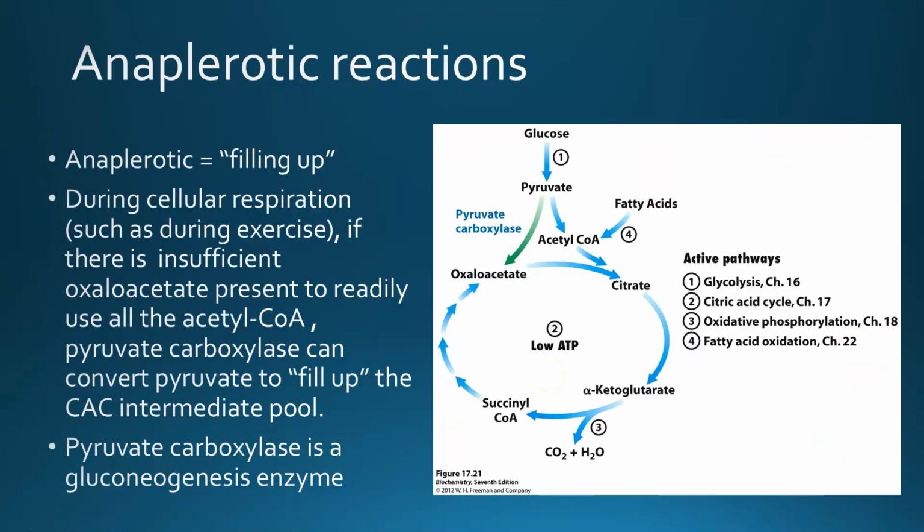The anaplerotic reactions will become important later on in the course. Right now, suffice it to say that you can create citric acid cycle intermediates from proteins, but you cannot create them from fats because the fats come in as acetyl coenzyme A. That means there must be carbohydrates in the form of oxaloacetate for that to react with in order for you to be able to metabolize the acetyl coenzyme A.